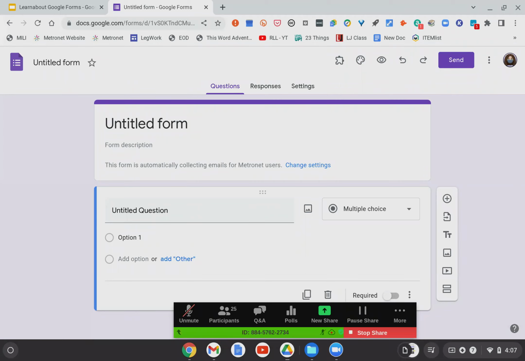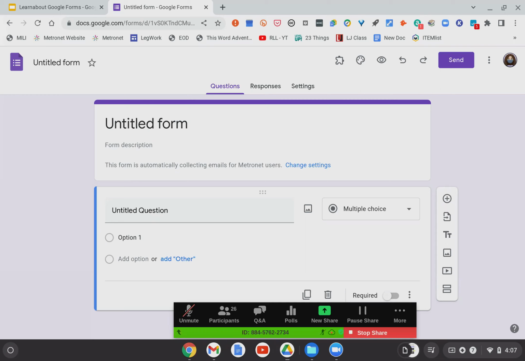Google Forms can be used for a number of things. What do I use them for? I primarily use them for surveys. We do a lot of events and programs, and we like to get feedback from our member libraries. So I will create a brief survey just to find out what people thought of what we did. Or maybe we have attendance for a particular event and I will create a sign-in sheet through Google Forms and send them the link and they put their name and email address in there or whatever information that I need.